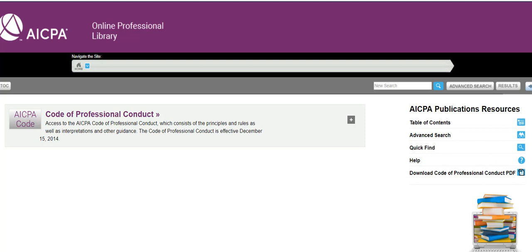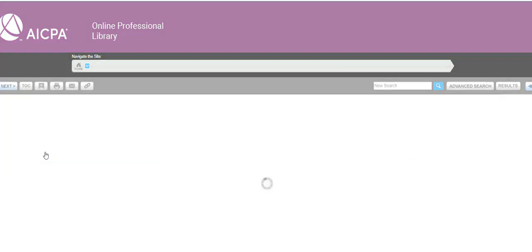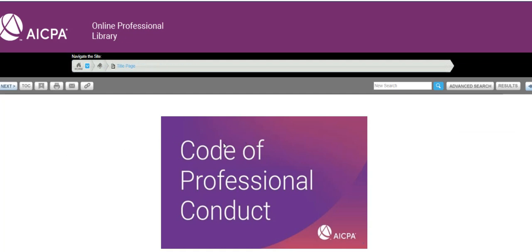And how it ties back to the idea of the virtue of trust and the ability to trust the financial information investors receive. So this is the online version, and this is how you might find it in the link in the textbook. So we're looking at the Code of Professional Conduct,